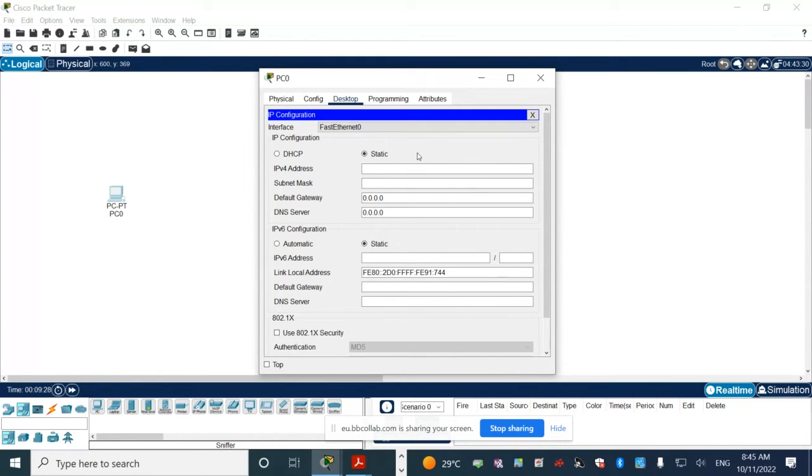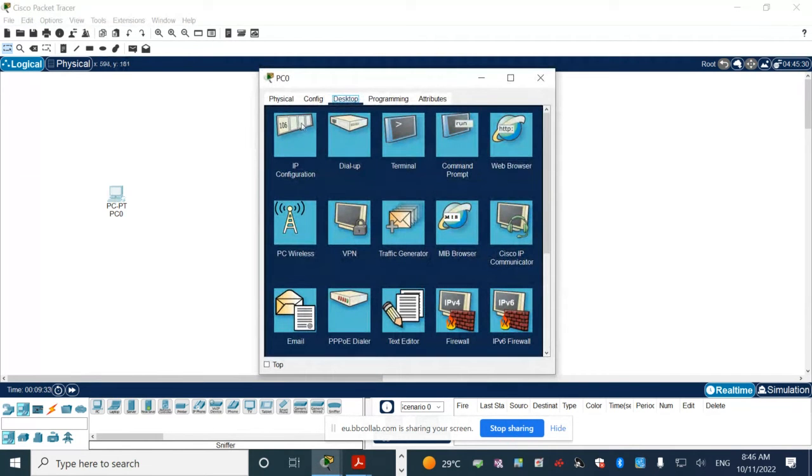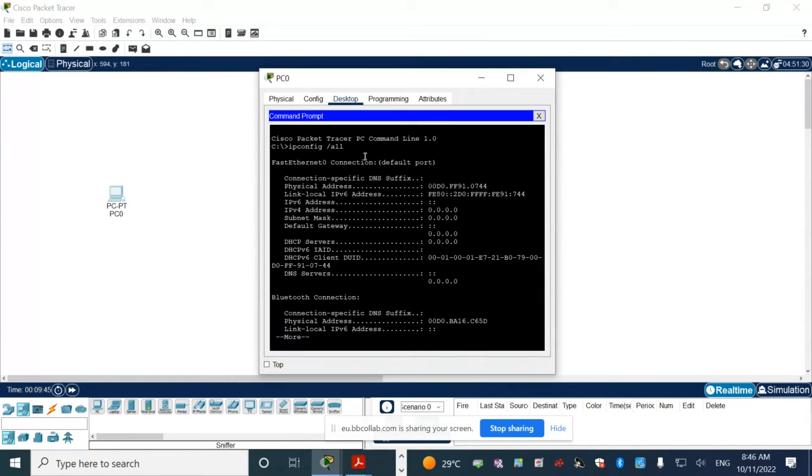There is another way to check that. I click on it. I go to the command prompt and then type the command ipconfig /all. By the way, you can type this on your computer. Go to the command prompt. You know how to go to the command prompt? You click on the Windows icon, and then